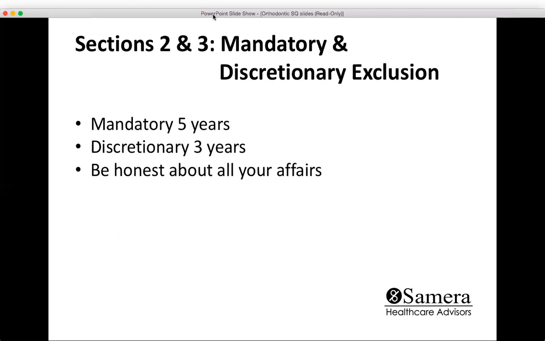Okay, next section, sections 2 and 3, mandatory and discretionary exclusion. What does this mean, Laura? So mandatory, it's fairly straightforward as far as the questions are, and this covers off the most recent 5 years. And basically, if you answer yes to any of the mandatory questions, you will be excluded from being able to bid on this. The discretionary, I think there is a little bit more flexibility, and it's the last 3 years,